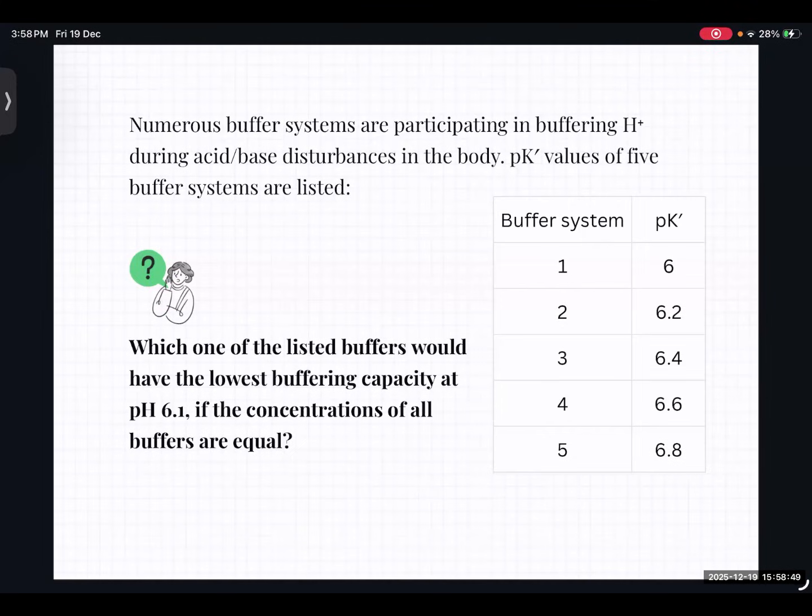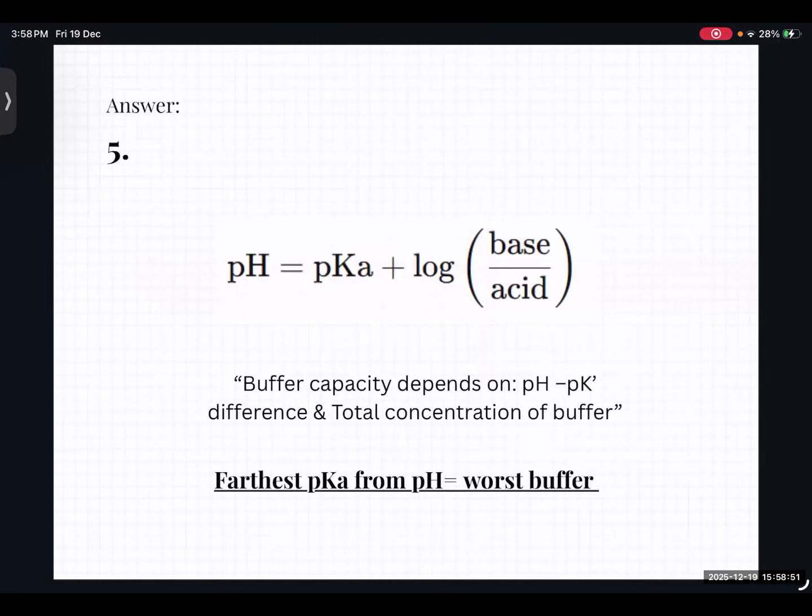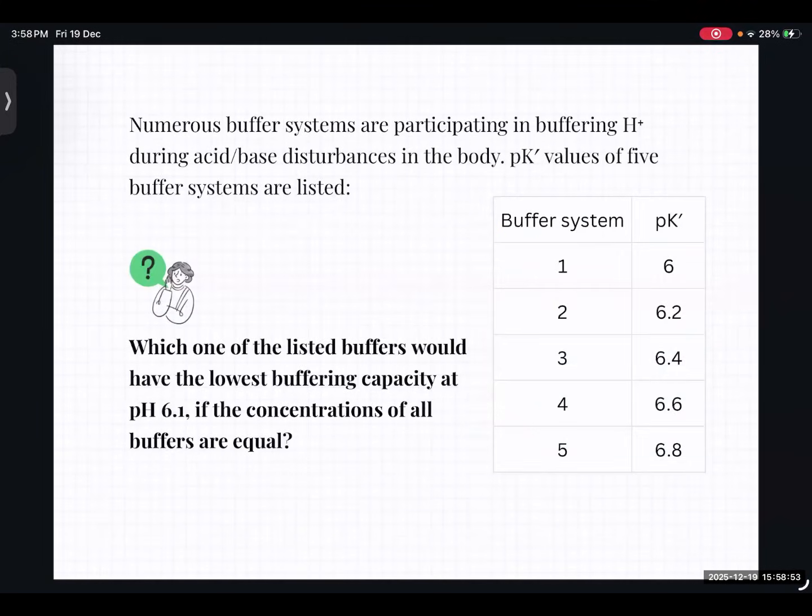Perfect. You guys are pretty smart. It is number 5. And generally, if you just looked at the question, you'd see, oh, 5 is the farthest one from 6.1, and that kind of tells you the hint here. Bottom line of this question is that the pK that is farthest away from our target pH is going to be the least